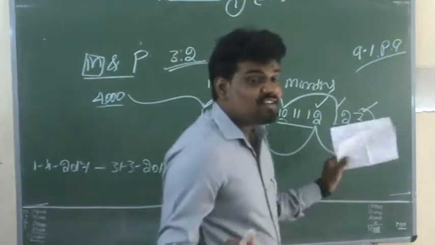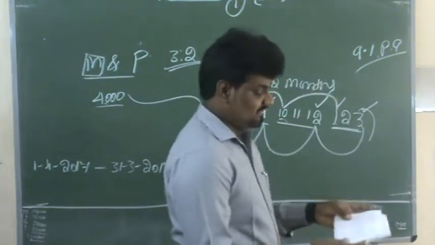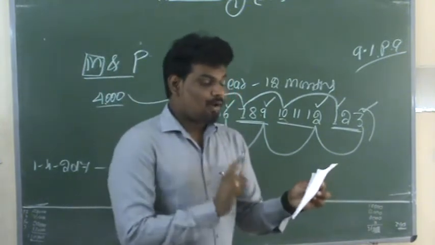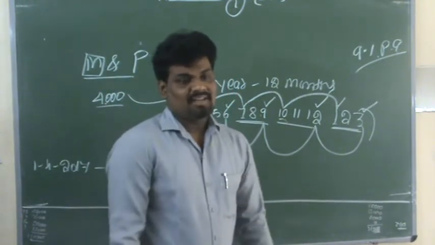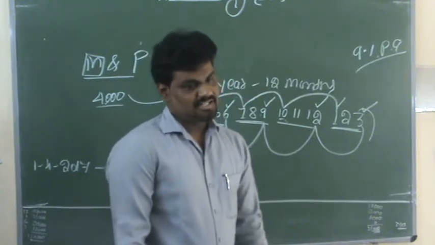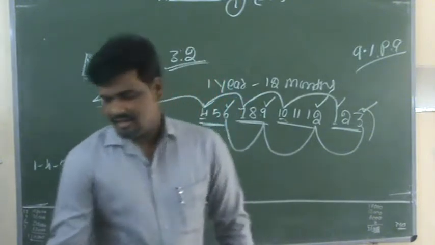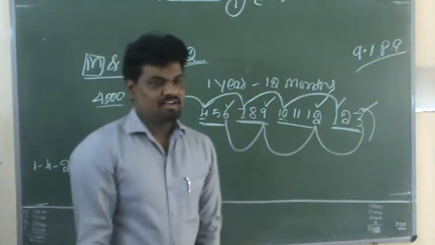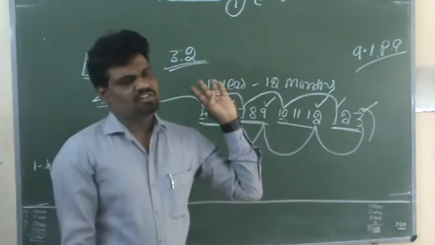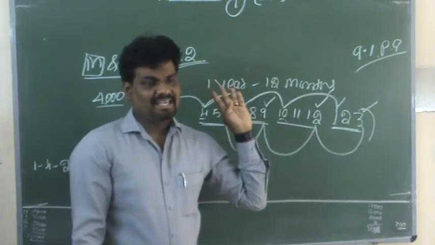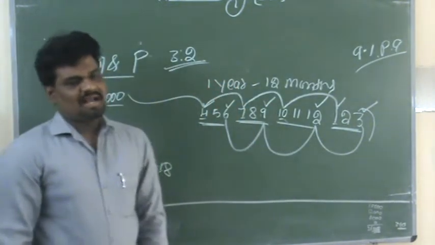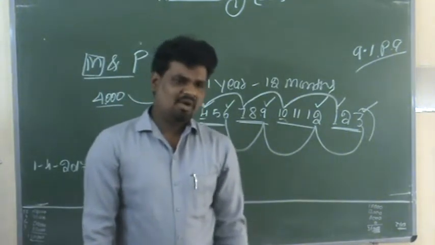So finally, what we need to calculate here is interest on drawings under the product method. Under the product method we need to ascertain interest on drawings. So this is the question. There are two partners in a business organization, Murthy and Patil. In this business, only Murthy is withdrawing drawings at the beginning of each quarter. So first we need to ascertain the product.